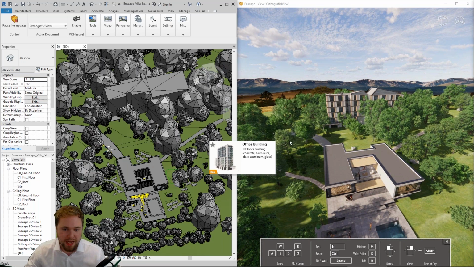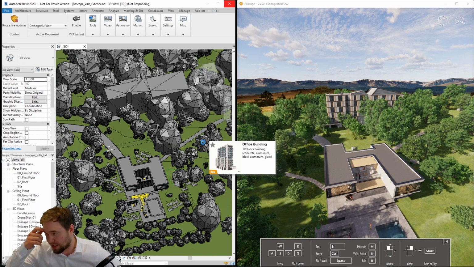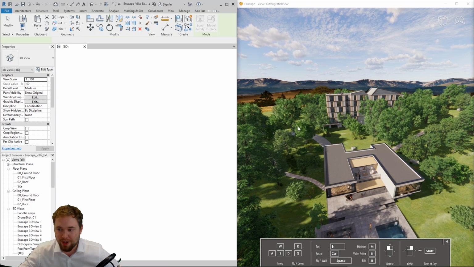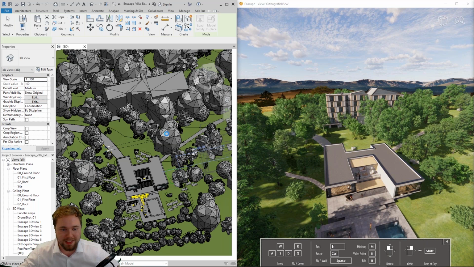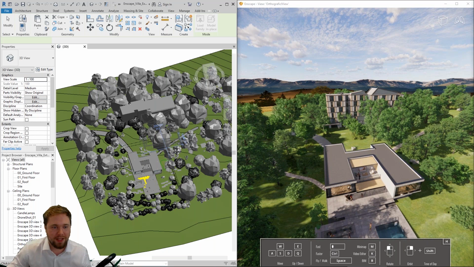Do I want to still stick with an office building? Yes, why not? I think they look interesting in this context. But again, of course, it's up to you. We have a set of nice styles for you to choose from. While it's loading, while I'm placing it, I'll have another look at the